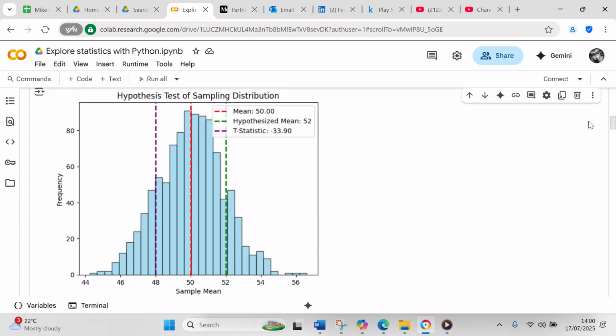The sample mean is about 50 because you set the normal distribution up to have a mean of 50, and the hypothesized mean is 52. So the sample mean is 2 points away from the hypothesized mean, and your t-statistic is negative